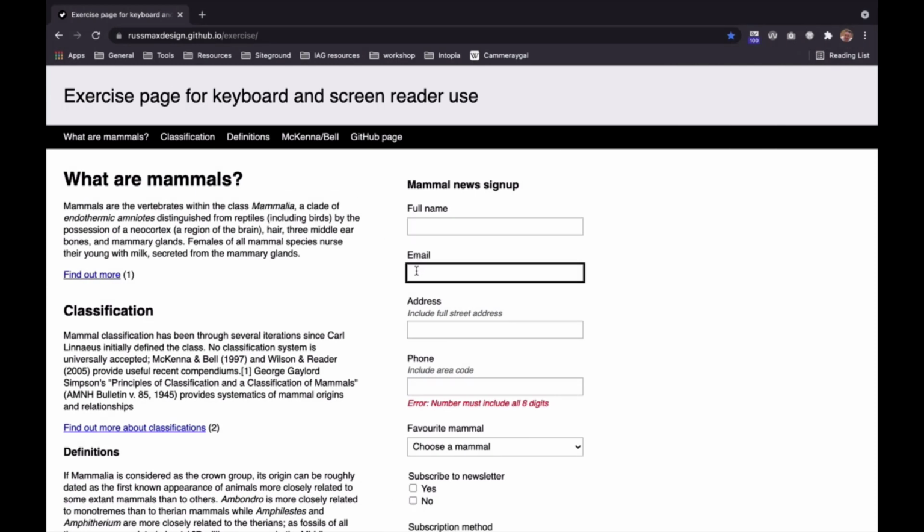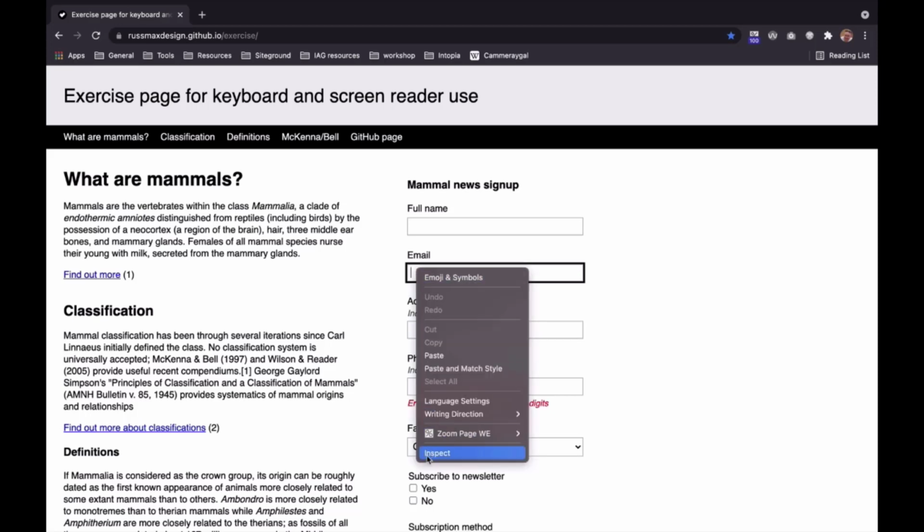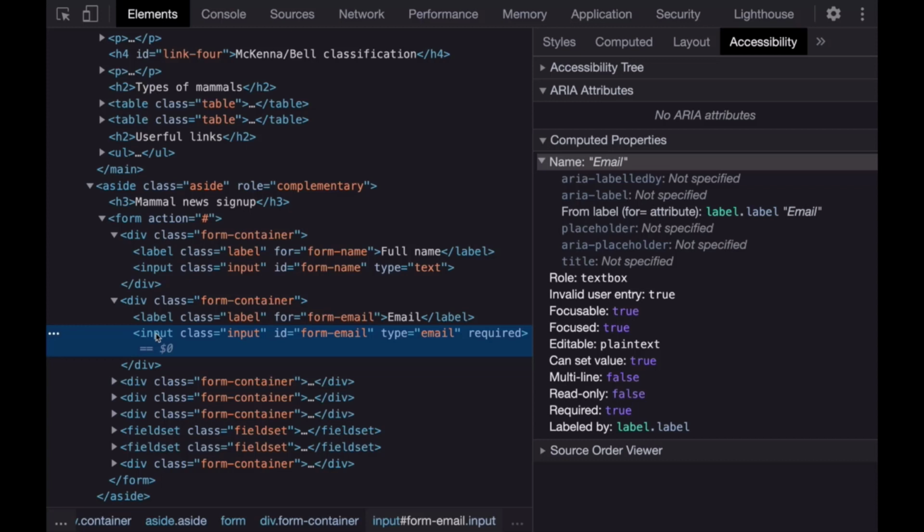What about the email? In this area we have an email with an input, and if we inspect element on there, what I want to do is to find out if semantically this is required, but also is its required nature explained or exposed in the accessibility tree. So inspect element, and we go to our input, and first of all, over at the left in the DOM, we can see there's a Boolean required attribute. That's telling us semantically that this element is required. And if we look over here, especially under the computed properties, you'll see down near the bottom, required true.